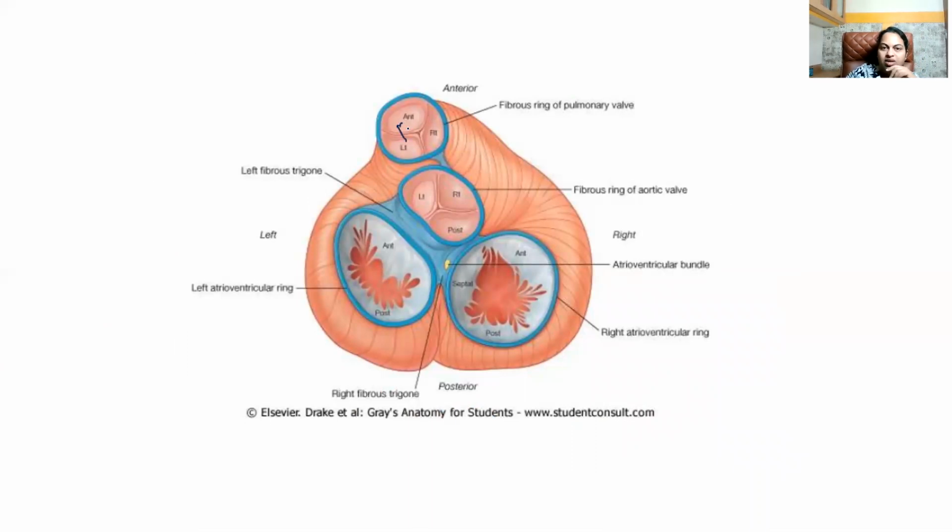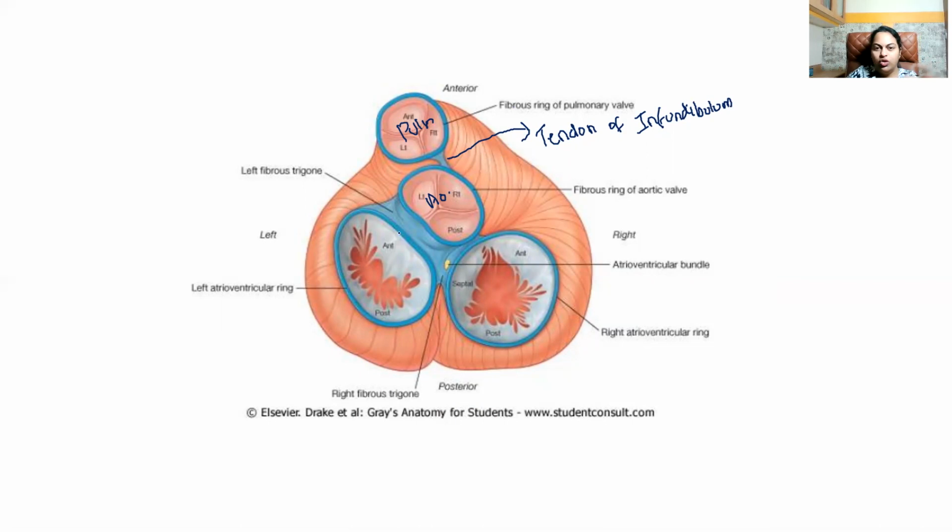So this is the pulmonary. This is aortic. All the blue color that you see here is collagenous tissue. Now, can you see a bridge of collagenous tissue connecting the pulmonary annulus with the aortic annulus? This is going to be called the tendon of infundibulum. Right, guys? I'll repeat it again. All the blue color that you see here is the collagenous tissue bridging the pulmonary valvular complex to the aortic annulus. That's called the tendon of infundibulum.